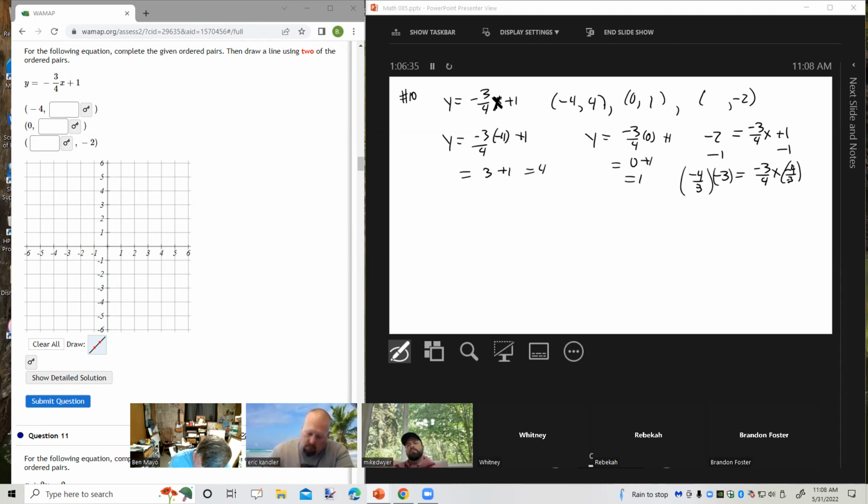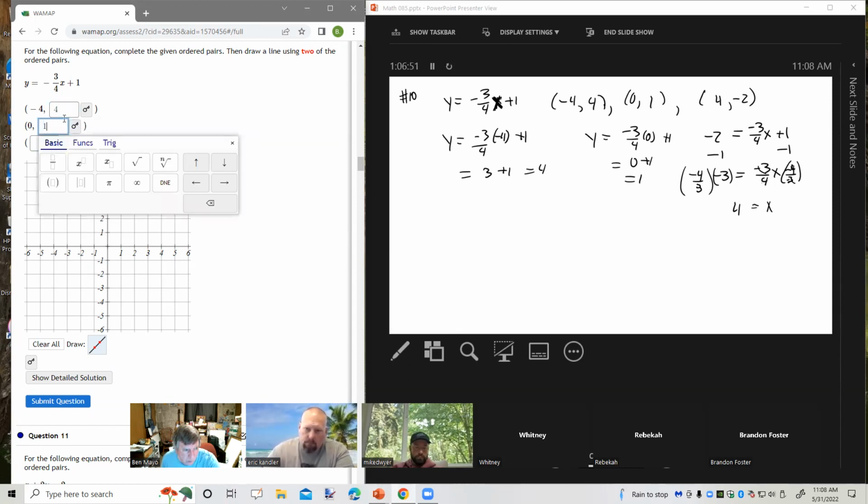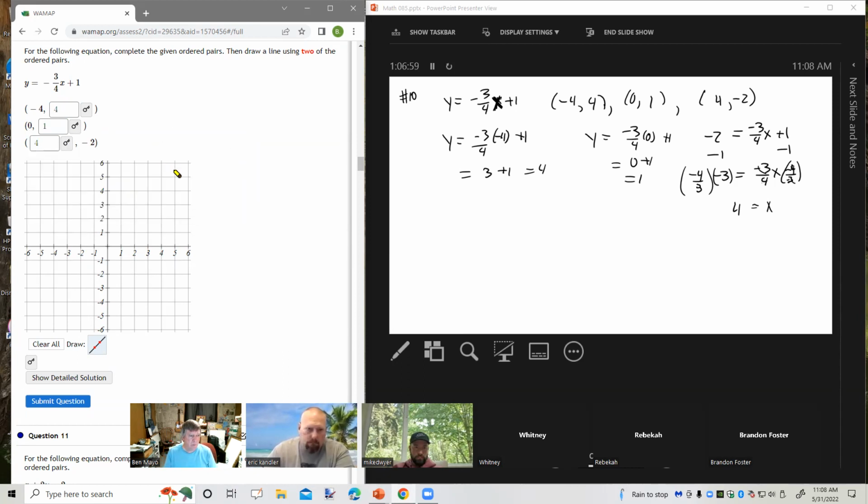So I get x on the right and 12/3 or 4 on the left. So -4, 4, 0, 1, 4, oops, 4, -2,